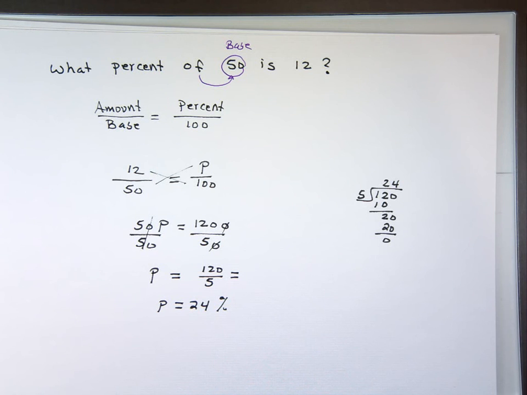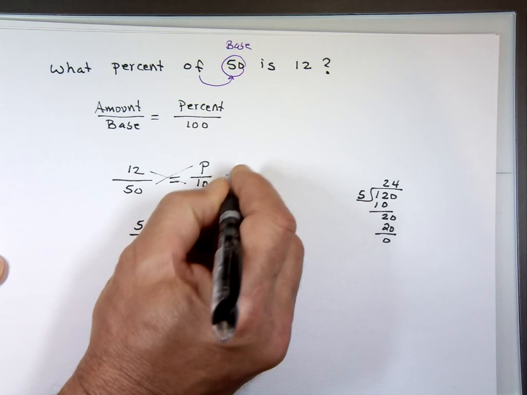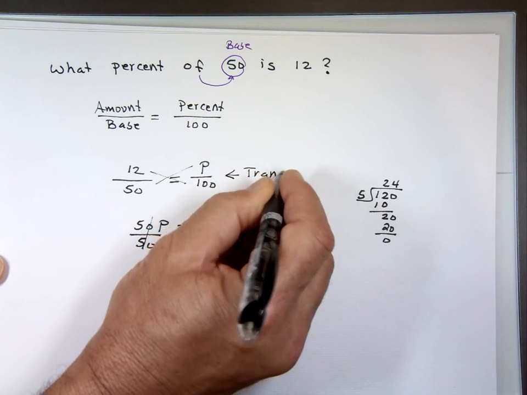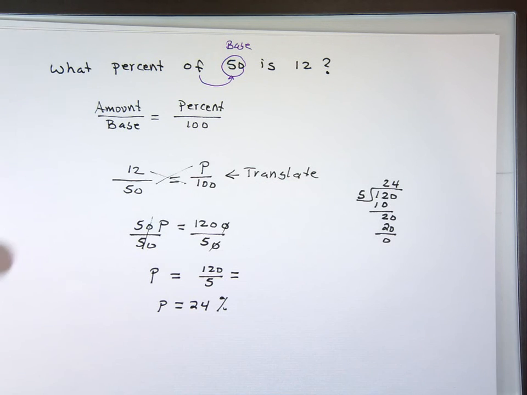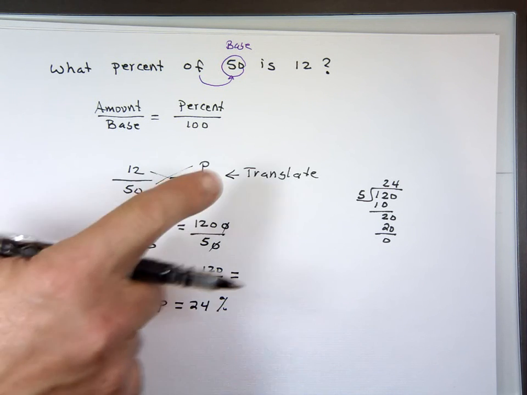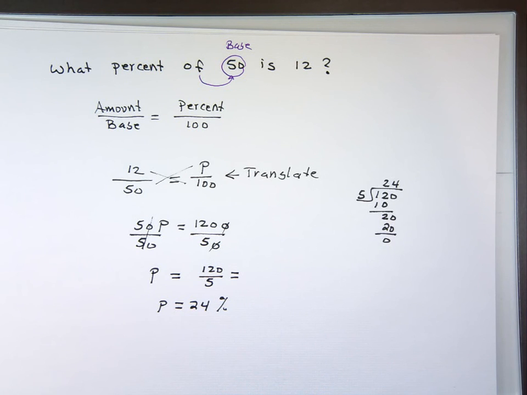The only problem with that, sometimes we'll say translate, and they don't want you to solve it. If it says translate using proportion, that means you got to use this method. If they say translate using proportion, you stop right there. They don't want to solve it. So you can't use the other method because they want you to translate. If they say solve it, well, nobody checks your work. Nobody sees what you're doing there. So you can use any method. But if it says translate using proportion, you got to use that method. If it says translate without using proportion, they're looking at the other method. Some of these questions, they're not going to make you solve